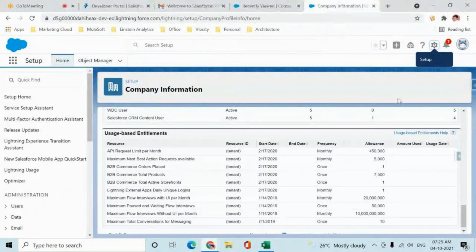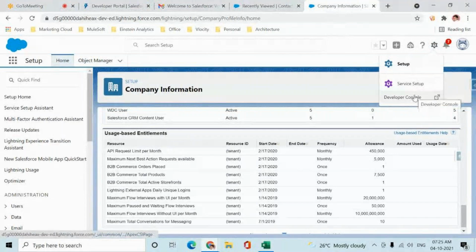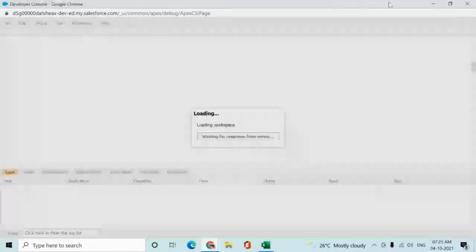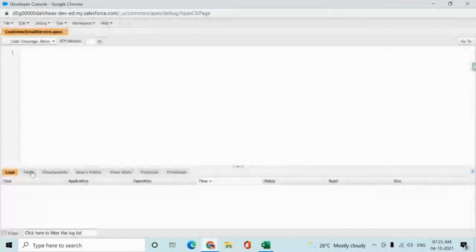Then there comes one more link, that is Developer Console. So what is this? So this is for the people who wants to be a developers. So if you are a developer already, worked in other technologies, you might have used some editors, right? Like Visual Studio, Sublime, or Eclipse. Very worst case, Notepad, right? So in Salesforce, we do have a default editor that we call it as Developer Console. In the Developer Console, we'll start writing the code. We can query the records, we can edit the records, we can delete the records as well using our Developer Console. Okay.